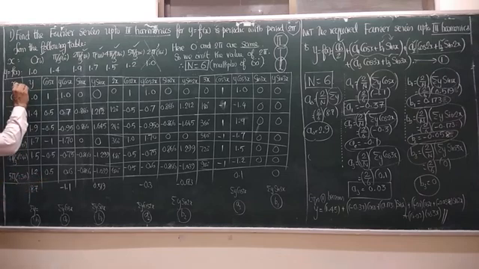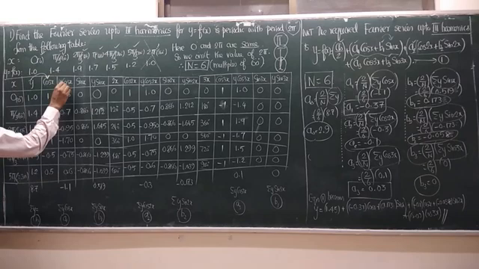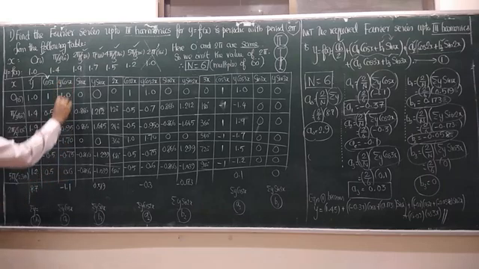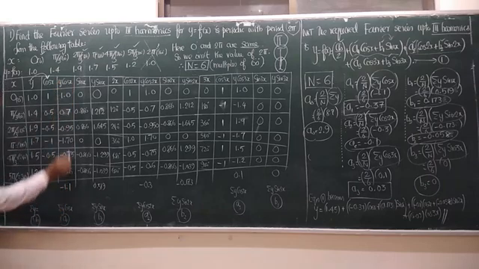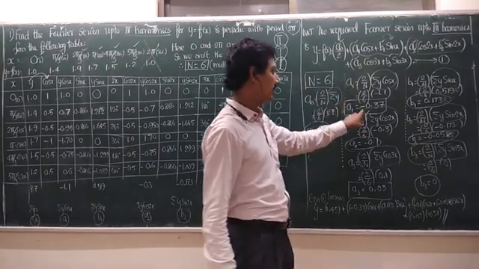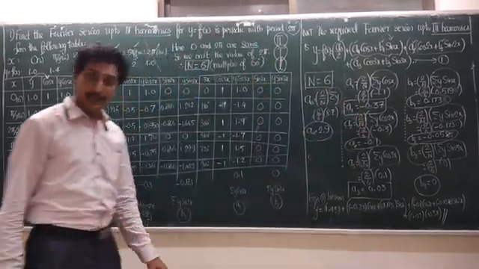Let us multiply y into cos x. 1.0 into 1, 1.0. 1.4 into 0.5, 0.7. 1.9 into minus 0.5, minus 0.95. 1.7 into minus 1, minus 1.7. 1.5 into minus 0.5, minus 0.75. 1.2 into 0.5, 0.6. Adding this vertically, we get sigma y cos x, the summation, as minus 1.1. Let us use this minus 1.1 in the a1 formula, and we get the answer a1 is minus 0.37.